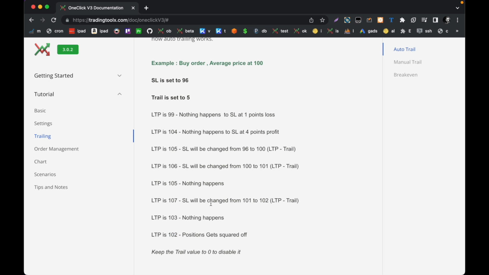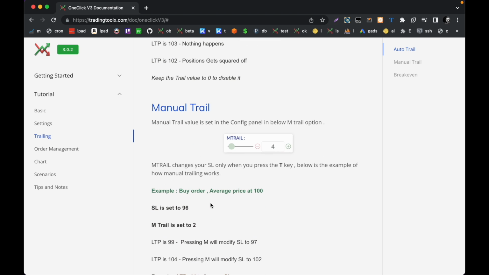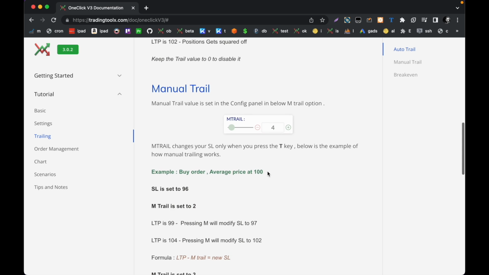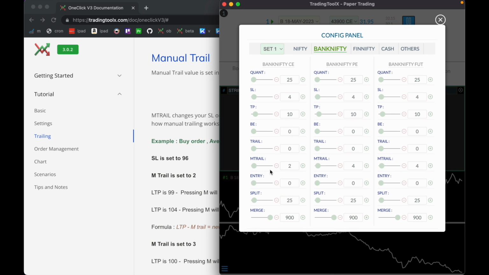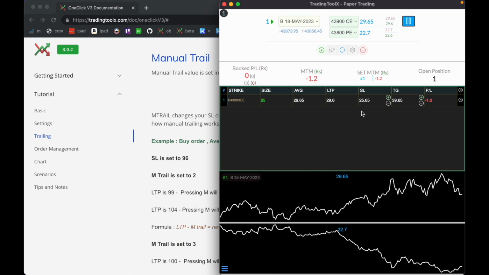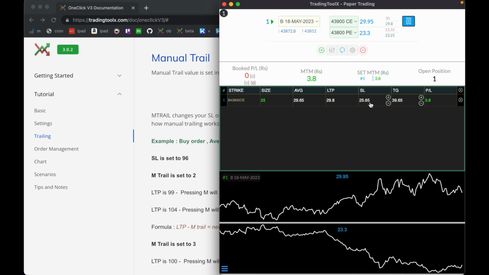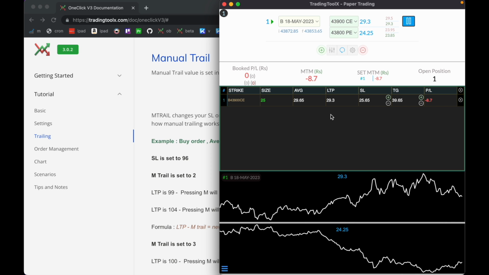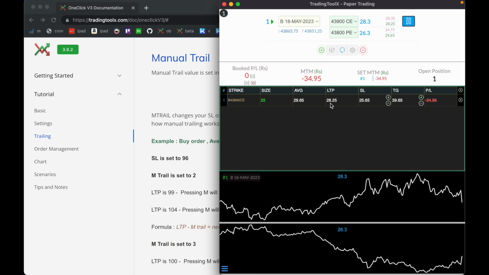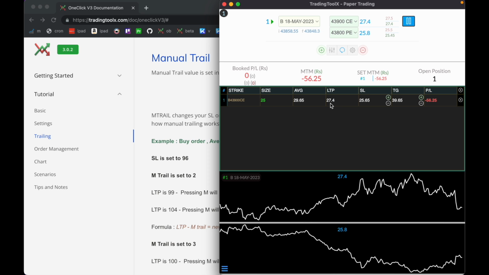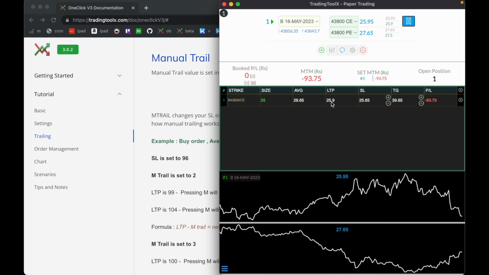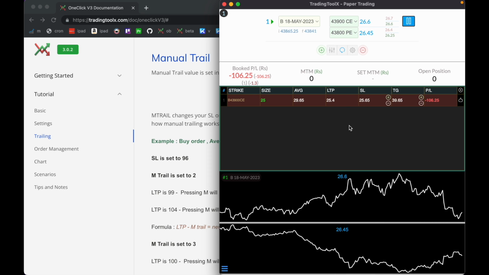So now let's look into the next topic, manual trail. With manual trail, instead of automatic trail, it gets activated only when you press the key T. Let me show you a live example. First make sure you have some value in the M trail, and stop loss is 4 here. I am buying the call option now. So 29 is your average price, minus 4, 25.65 here, the default stop loss. Whenever you press the T key, the shortcut to enable manual trail,